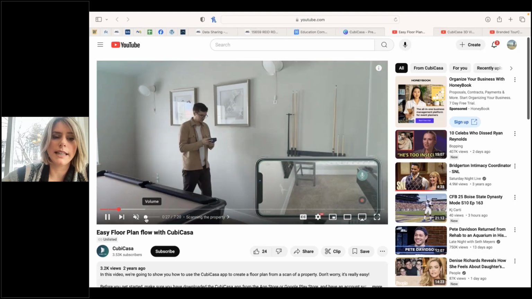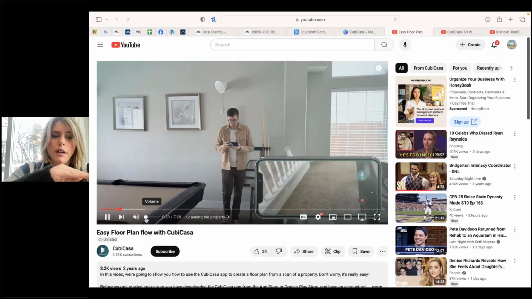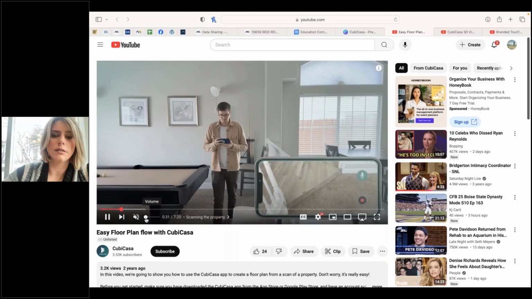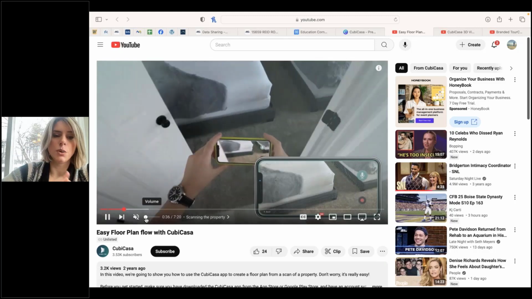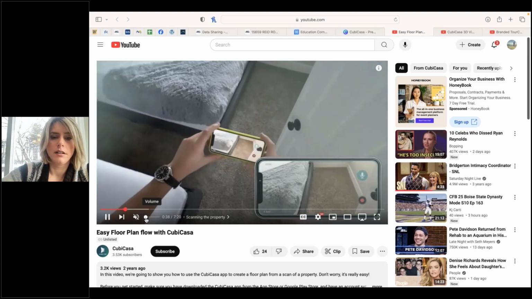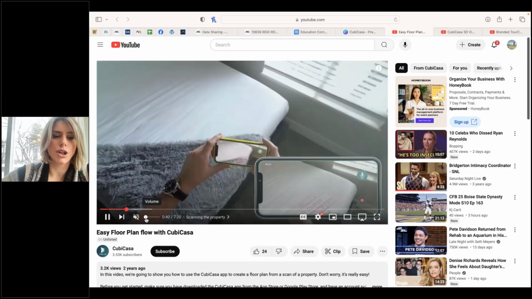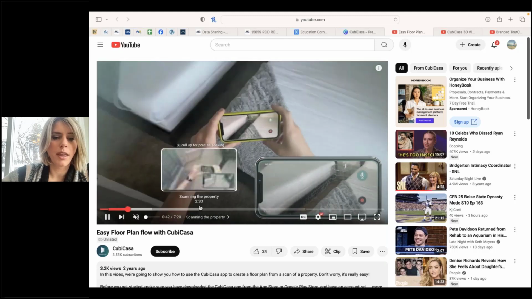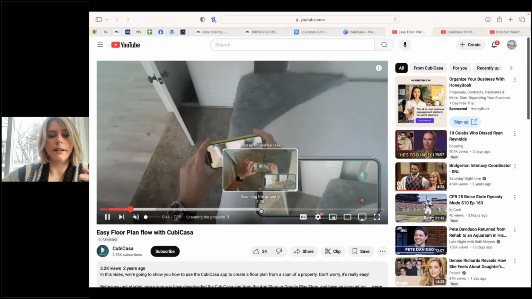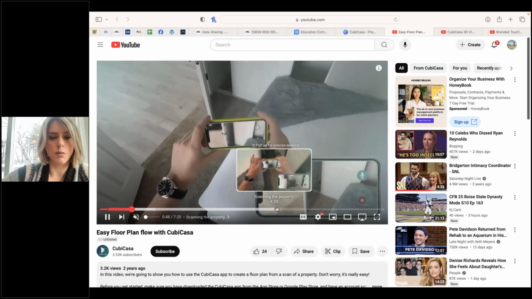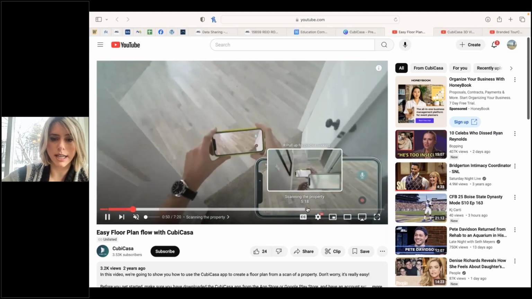So you can see that he's walking through, following the perimeter of the house, a continuous scan. All the lights are on, doors are open. Make sure you complete the whole room. And then once you've done the scan, if you go outside, you do the pool area or the porch or all that. But once you've completed the whole scan,